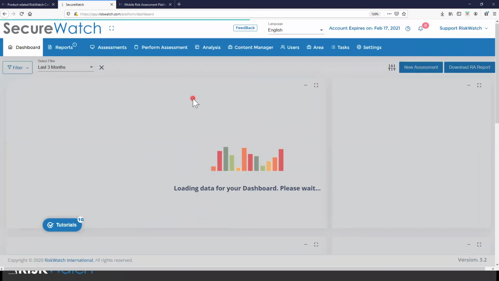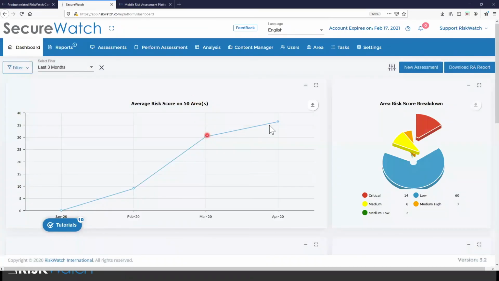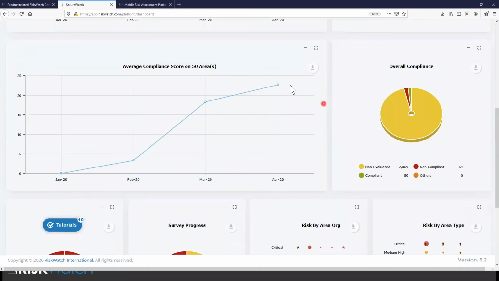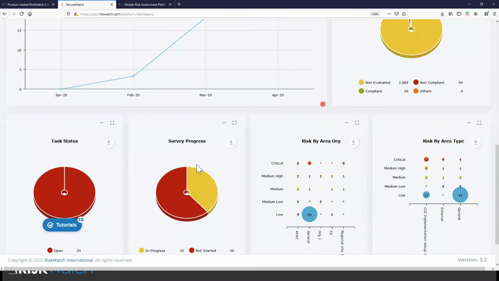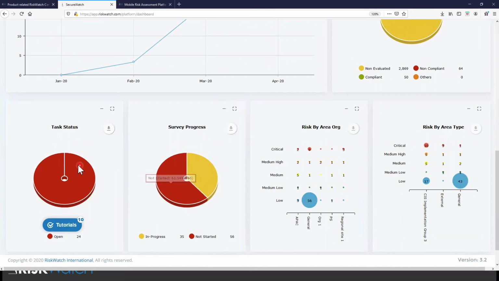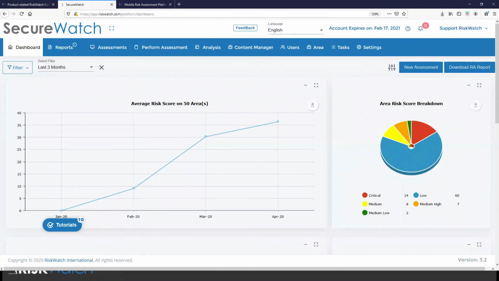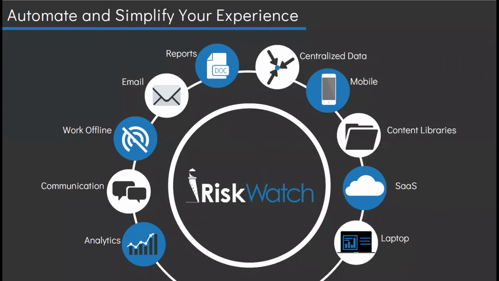Our dashboard's great as far as real-time perspective of analysis and just trending risk over periods of time, breaking down areas of risk and scoring them, as well as compliance measurements, viewing assessments that are in progress or activities coming out of them. So these dashboards can be made available to other users within the platform. So just going back to a slide here in closing, the value that we're providing to help you perform these assessments remotely covers